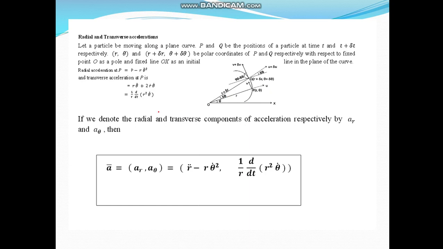If we denote the radial and transverse components of acceleration respectively by ar and a theta, then vector a has two components, ar and a theta. So ar is given by r double dot minus r theta dot square, and the second, a theta, is given by r theta double dot plus twice r dot theta dot, or simply we can write 1 upon r